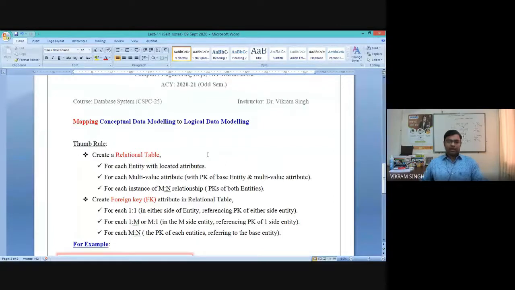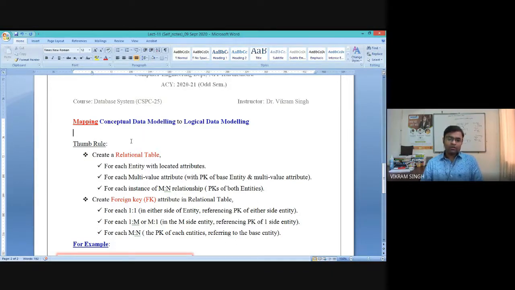Okay, so primarily in the process of mapping. Now, I'm using this term mapping. When I say mapping, it means it is implementing some kind of abstraction in this process, right? The process is that we are trying to create a logical schema from its conceptual schema. So we have the ERD as an input, and we will get a logical schema, or a tabular or database representation of a data requirement.